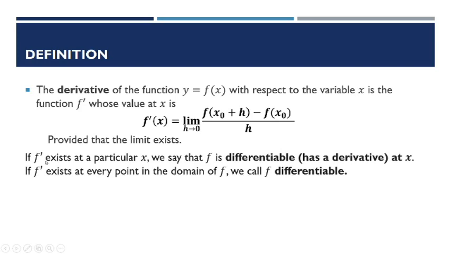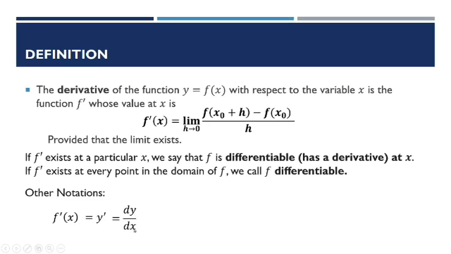So if f prime exists at a particular x, we say that f is differentiable and has a derivative at x. If f prime exists at every point in the domain of f, so for every point on x, okay, hindi lang sa specified value of x, we call that f or the function differentiable. So general. So other notations for the derivative is f prime of x, which is equal to y prime, also